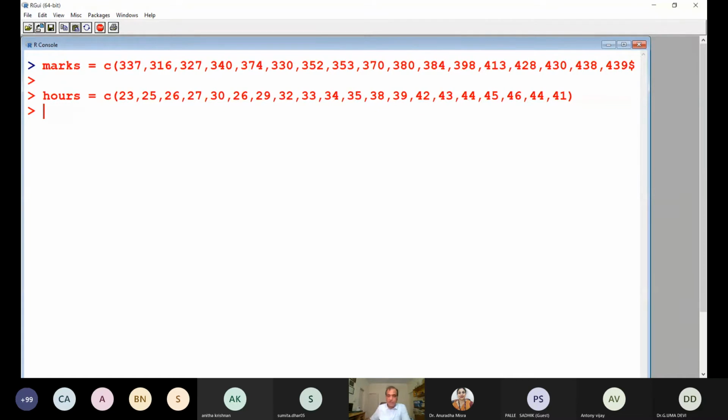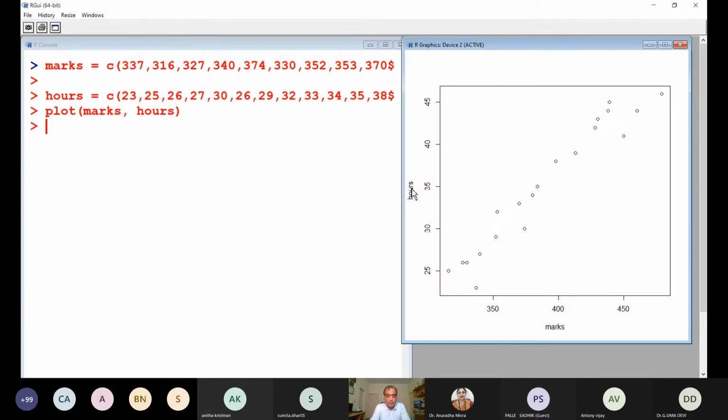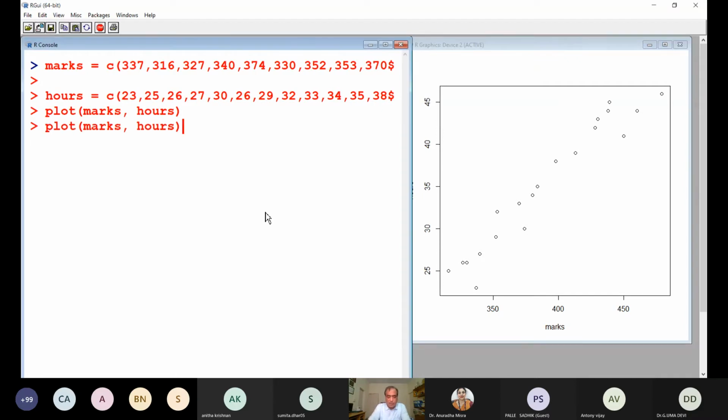If you try to plot marks and hours, you can see this type of graph. And if you want to find out the variance, the covariance between these two variables,